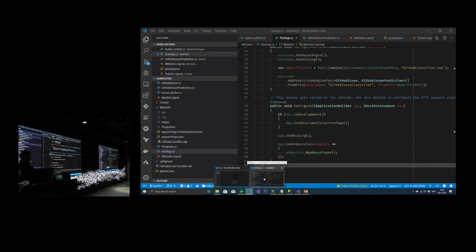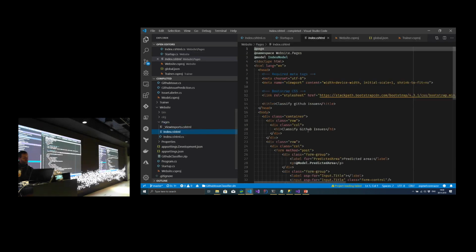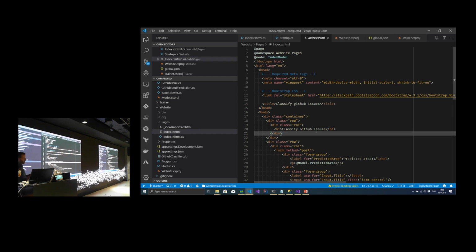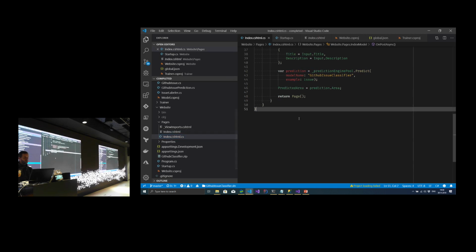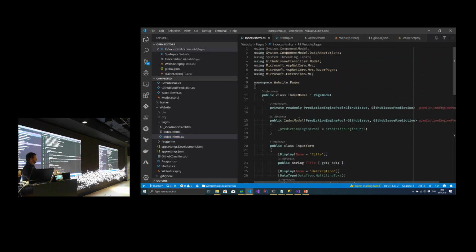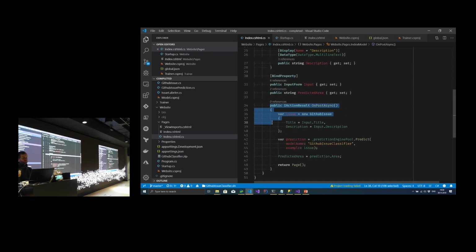Why does it work? I haven't shown you the last part that you need. So I've got this Razor page, which is a dynamic page that you can build in ASP.NET Core. It can contain HTML code for layout and formatting. And it can contain C# code, actually, to render dynamic pieces. So this is actually a two-part thing. It's the HTML that you see here, which is quite a lot, actually, for something so small. And there's a C# file that basically backs this page with behavior. And what I can say is, when you submit a form to this page, execute some code.